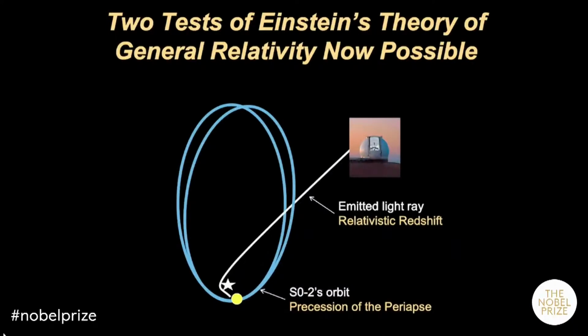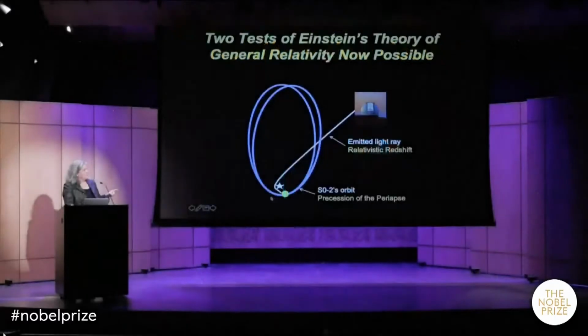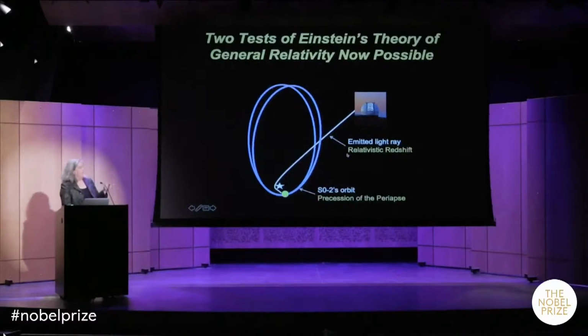One, you can look at how photons are affected by their climbing out of the gravitational potential well. They have to give up some energy. And in fact, as this star goes through closest approach, SO2, that was actually seen. So this effect is actually best seen at closest approach. So that was seen in 2018, and I'm going to call that phase number 4.